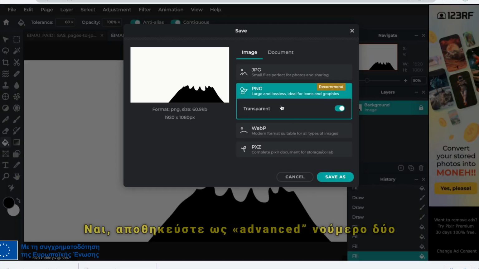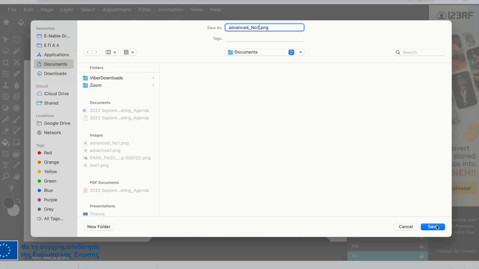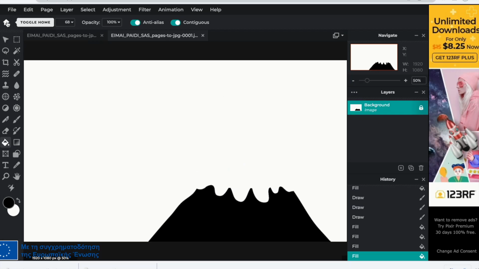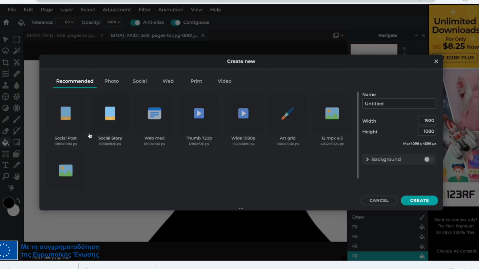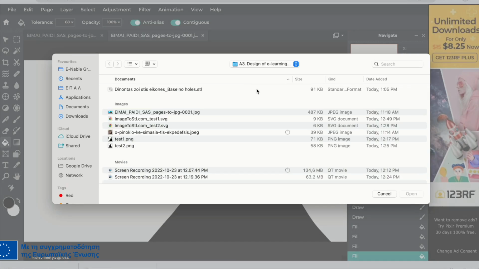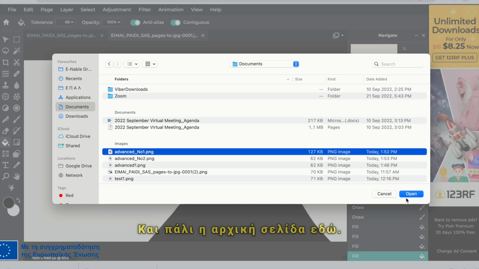File, save as advanced number 2. New image. Now file, open image. Let's select again the initial